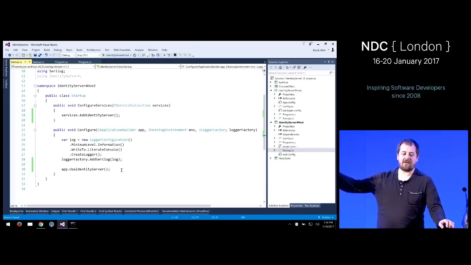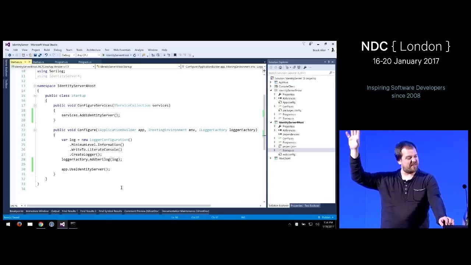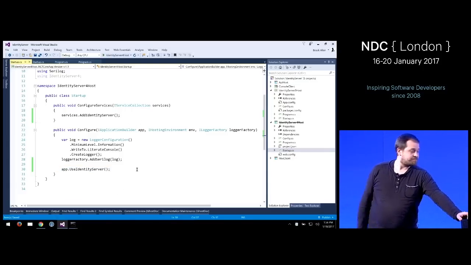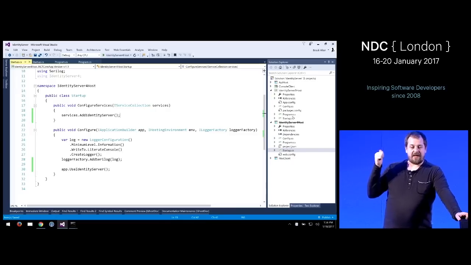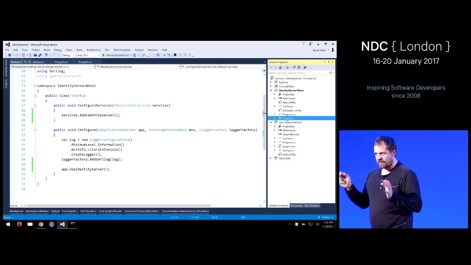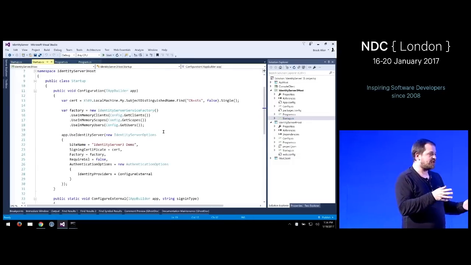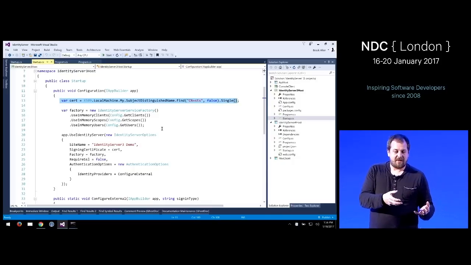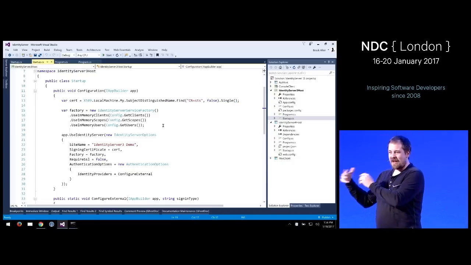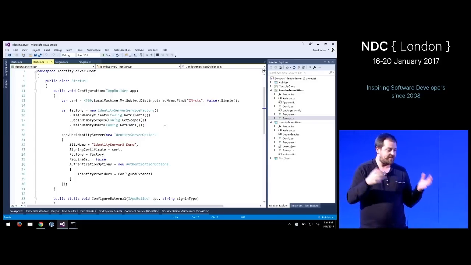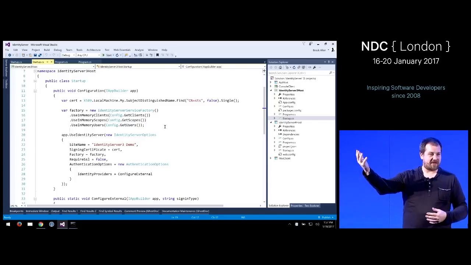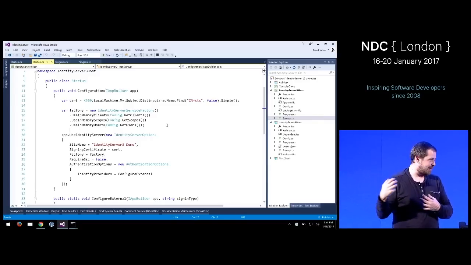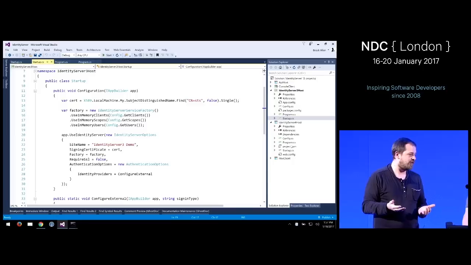So now it turns out, since all of the configuration is happening at the DI level, there's actually not a single config option anymore on the middleware itself. So we've seen in 3 we had to load an X509 certificate from somewhere and stick that into our options class. And what we internally did is really we put the options class into the DI system. So at any point in time when we needed to load the certificate for signing a token, we went to the DI system, got the options class, went to the signing certificate property, and got this thing. So how would that conceptually look like in 4 now?